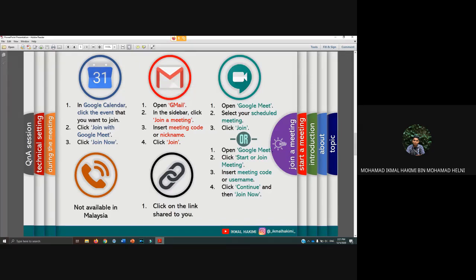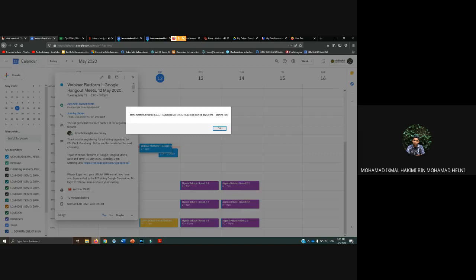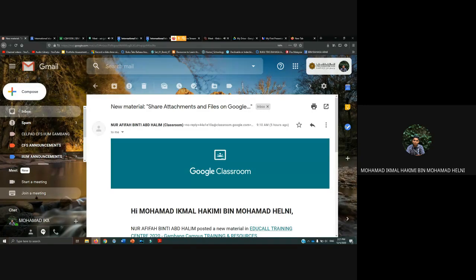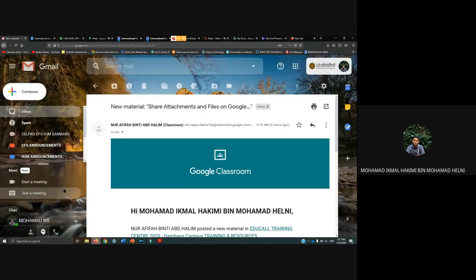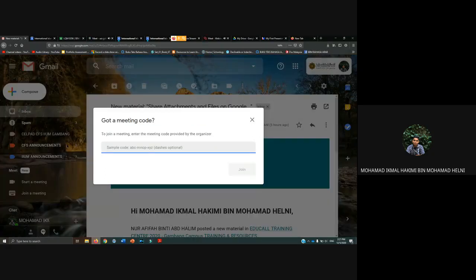It goes the same with Gmail, where you can see on the sidebar of Gmail here there is an option for you to join a meeting, which will direct you to the Google Meet website to join the meeting. But if you don't have the link, or for example, you have the link in your WhatsApp but you are going to join the meeting by using your laptop,